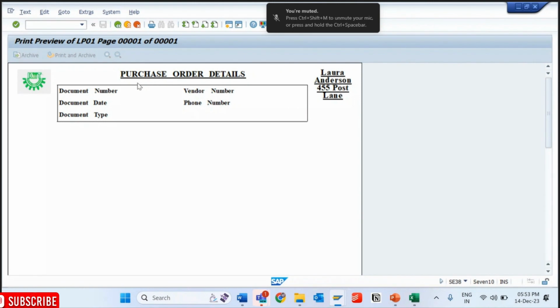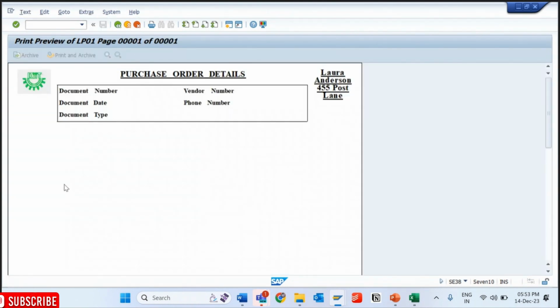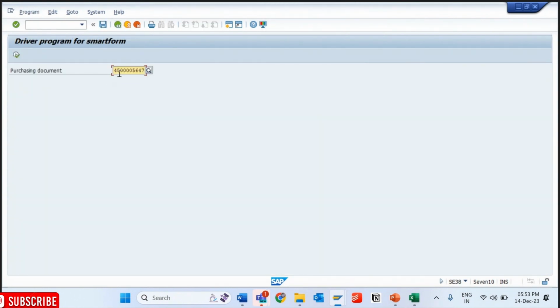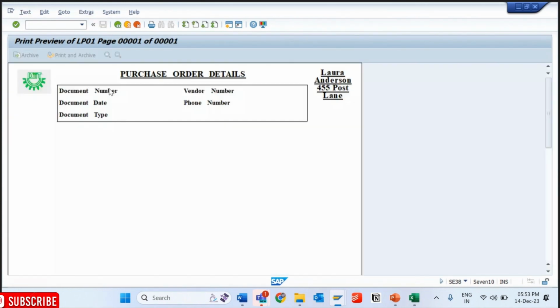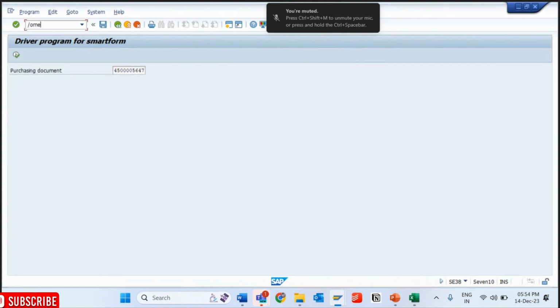EKKO and EKPO, right? So now here I have to provide the document number, purchase order, and once I click, that data has to be fetched and displayed here. So if I put it here, document number is this, execute. So that document number should come here, that document date will come here, document type, phone number and random number, okay? So if I go to ME23N,